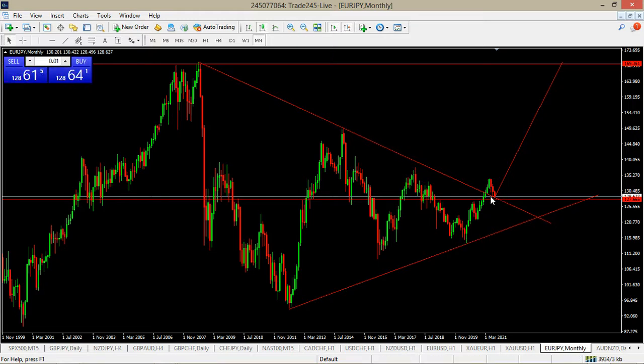So this could be one of those retests where it just broke the trend line. So it's safer after the retest for you to buy, and you could put your stop loss here. You could put your stop loss here. So now we are going to